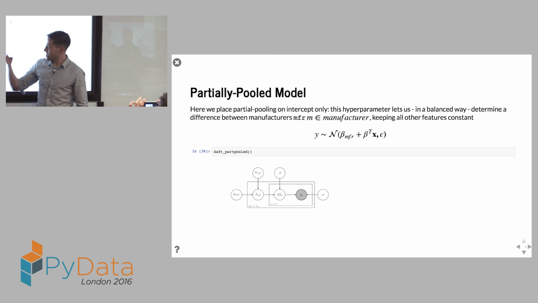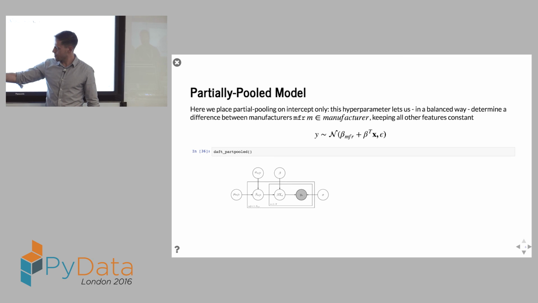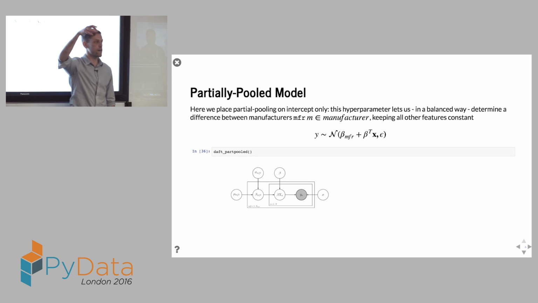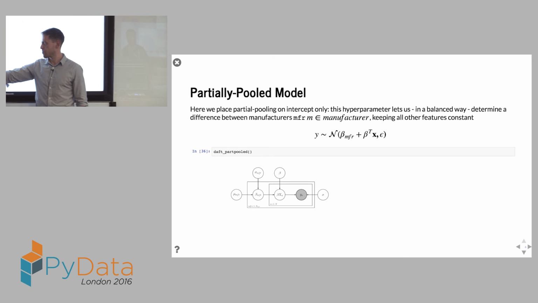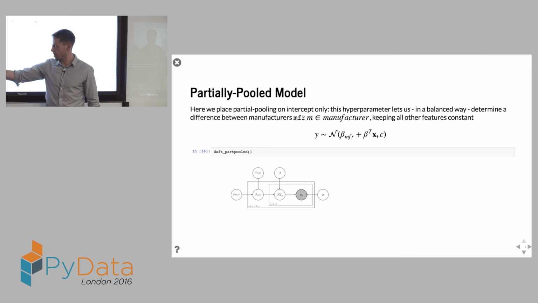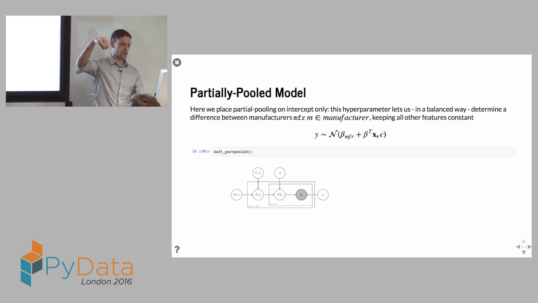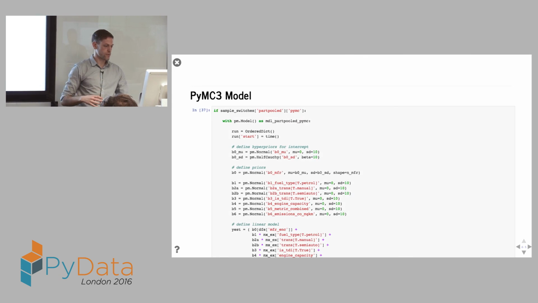This is the plate diagram again. Again, every manufacturer gets their own beta coefficient, their own intercept, but this time we're putting a hierarchy on that and saying that they come from 2 shared parameters which are higher up. So this is the partial pooling. This is saying if you have a value here, it depends a little bit upon the distributions defining it outside, which are shared by all cars. So in this way, we end up sharing power across the model.